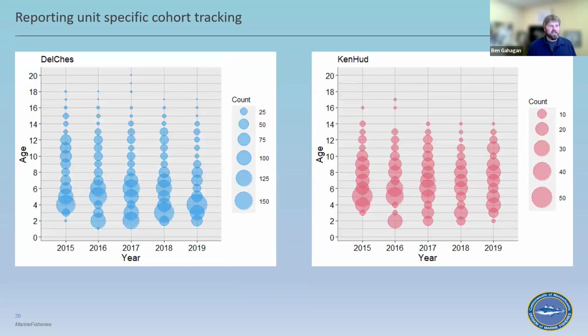So if we can do that, can we track cohorts? Yes, we can. So population-specific cohort tracking, especially when expanded to catch, these are not expanded to catch. This is just proportions of our samples. These are fisheries-dependent samples. We tried very hard to sample evenly across these size classes, which gave us good age classes as well. So I think they are representative of what is being caught in the fishery. But we still need to expand them out to catch. But that's going to be the point here, is that we have the tools to do it and we have the data to do it.